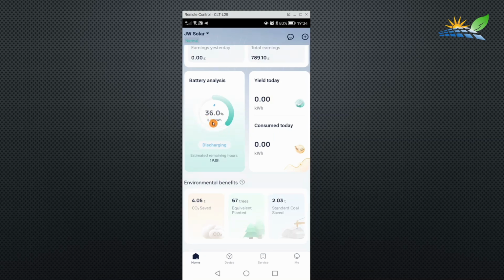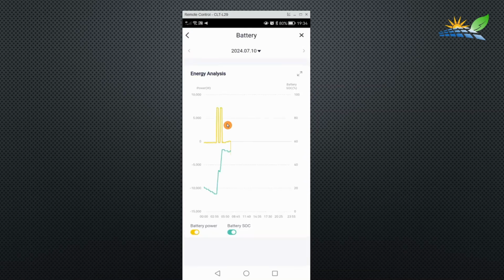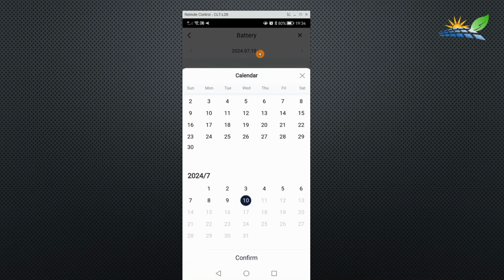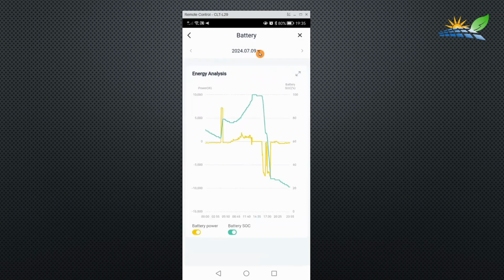Okay, let's have a little look at the battery analysis page. So if we go into there, bearing in mind there's a little delay from the phone to the screen because it's streaming it over Wi-Fi. At the top there's a date selector, so you can pick any day that you like. Okay, so it's only a day, it's instant information, and then confirm, and it'll draw a graph of the battery